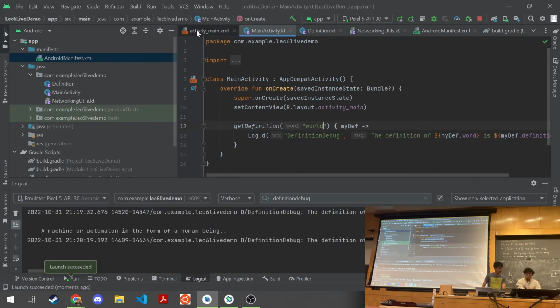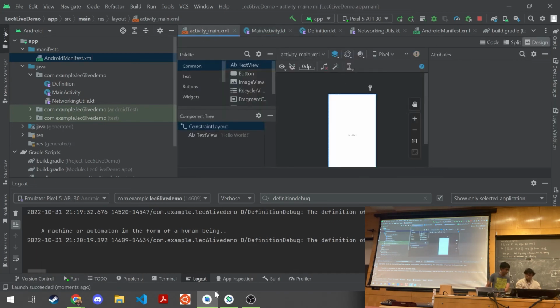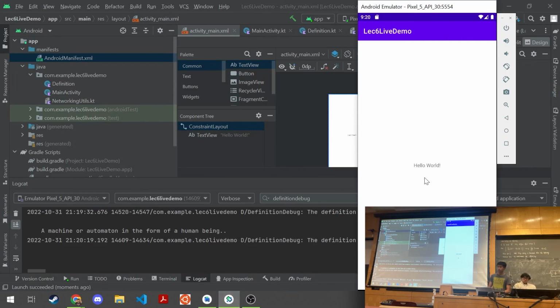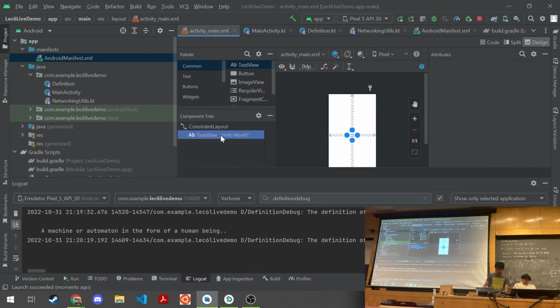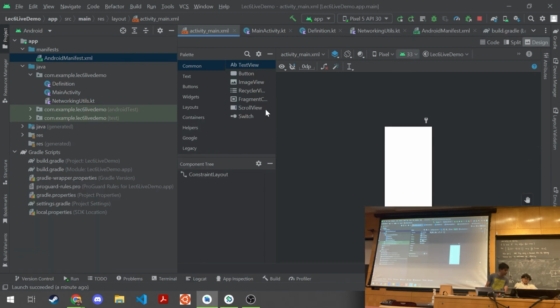Now, I guess in the last couple of seconds, I have about 5 minutes, I should be able to make some sort of layout for this. Because right now, if I'm a user, I just see hello world, I don't actually see anything happening. So if I can speedrun build something here in the layout editor, I will try my best.